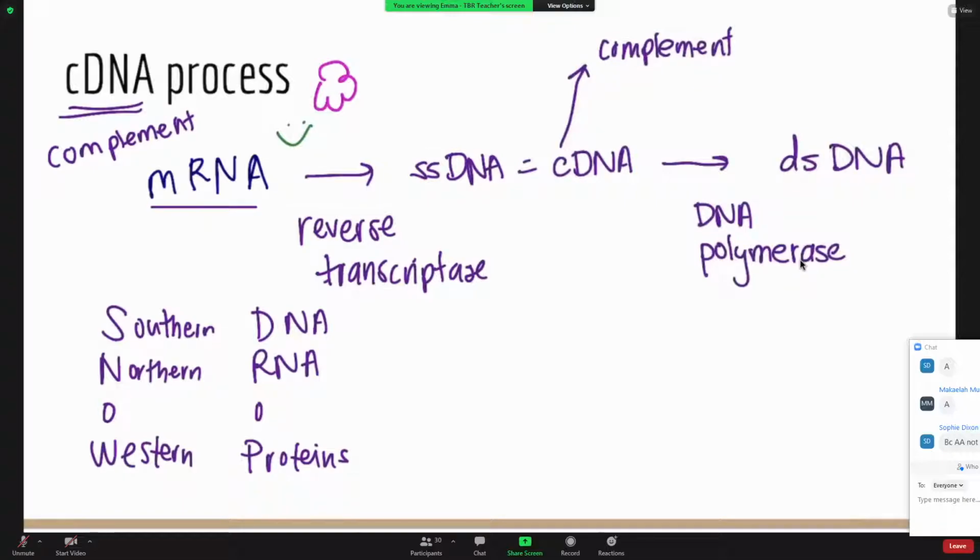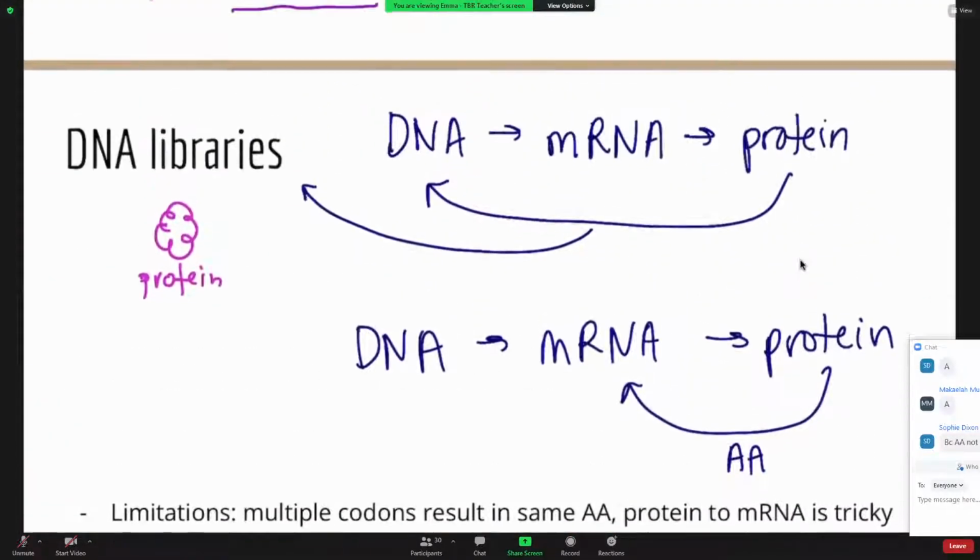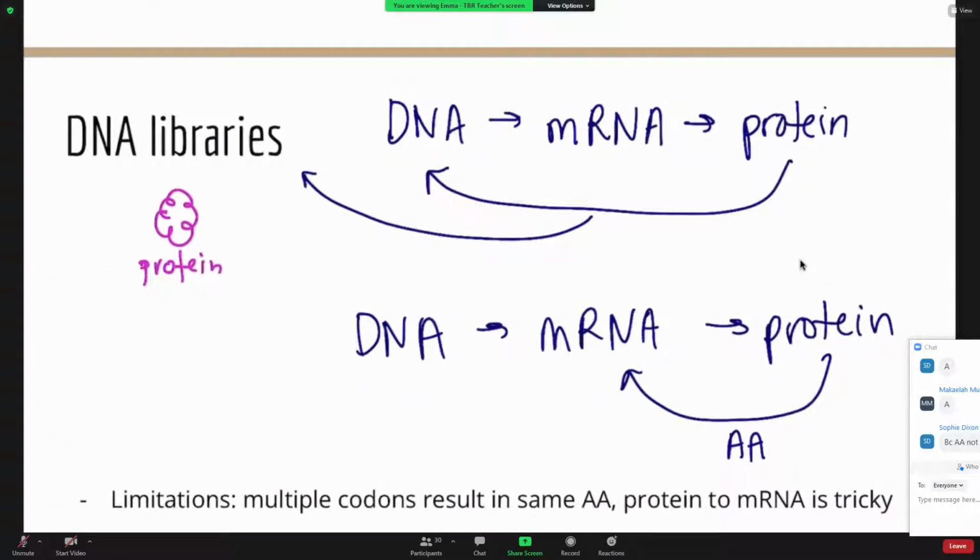And a cDNA library is always single-stranded. This is what's really important. Compared to our DNA library, which is basically just identifying any protein and knowing the double-stranded DNA sequence for it. So if they ask you, we have a question coming up which we'll practice on,